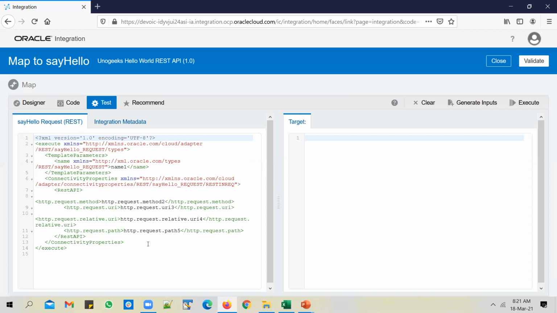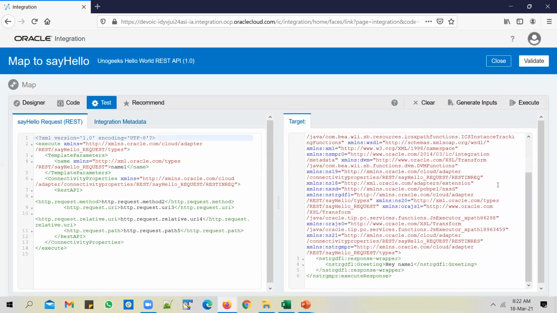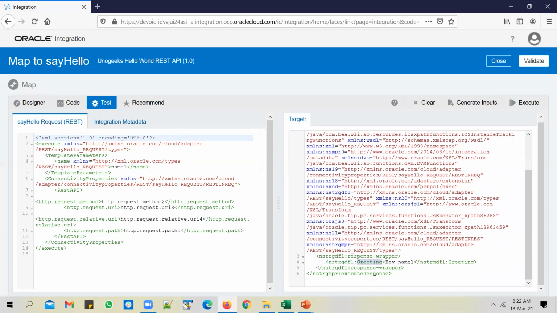What happened? It looks like there's some error. Yeah, not an error. You see the template parameter, a sample name has been generated, a sample payload has been generated. And if you want to run this request message through the mapper and see what values are getting assigned to the target, click on execute, and you will notice that name1 is used as a name or template parameter.